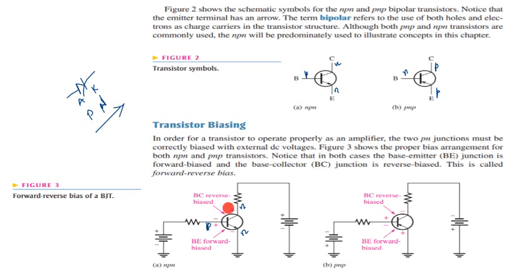How is this done? This is done by applying external voltages. These two DC voltage sources or battery symbols help to do that, right? So base emitter is forward biased, and the base collector junction is reverse biased. Similarly, this is for a PNP transistor. For a PNP transistor, again the base emitter is forward biased. This is P, so it is positive here, negative. This is a PNP. So here P is negative, so the base collector junction is reverse biased. Okay, so this is about the amplifier operation. Remember that the base emitter junction should be forward biased, and the base collector junction should be reverse biased. This is for both NPN and PNP transistors.